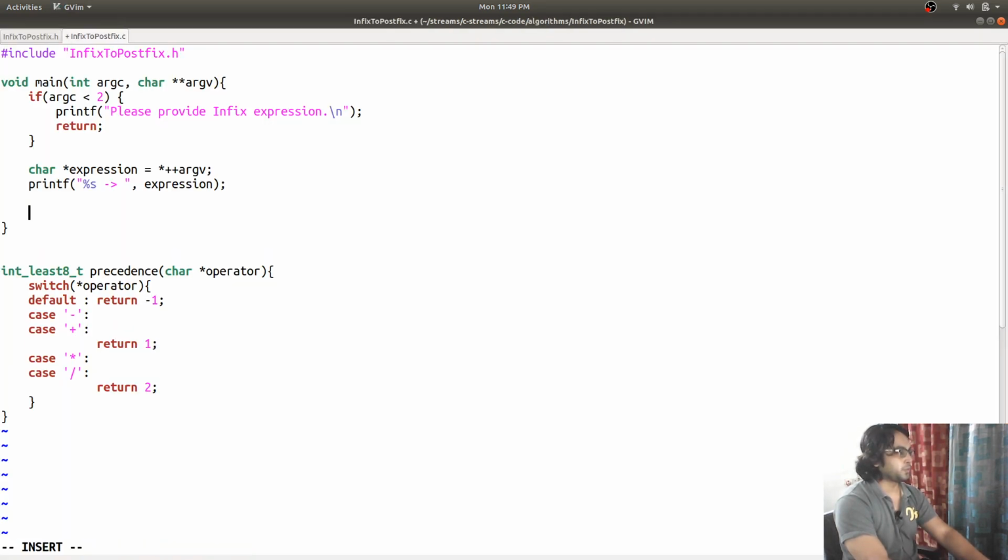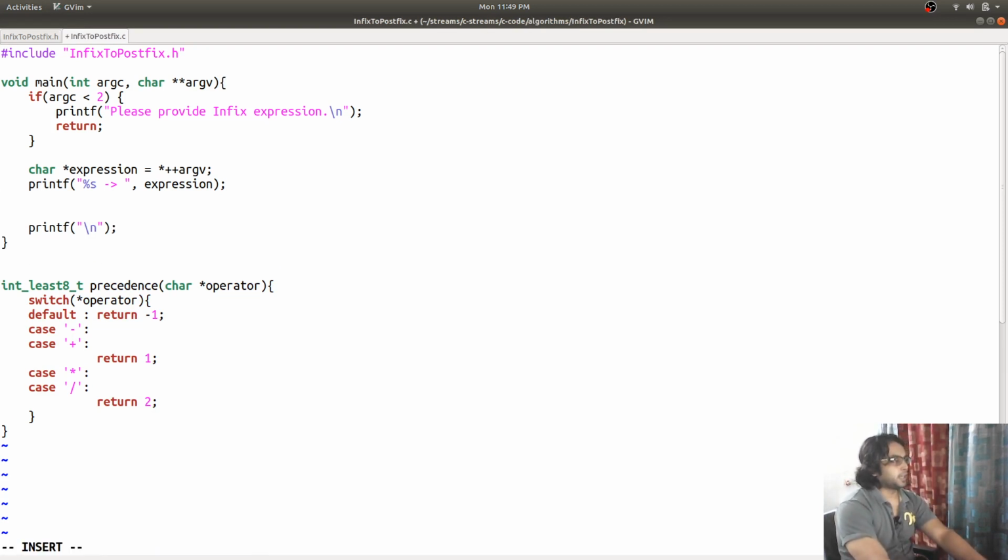Next I'm going to print a new line. So we have our expression with us, and now I need a count that is going to store the number of operators, equal to 0.